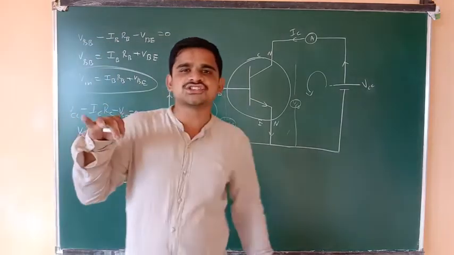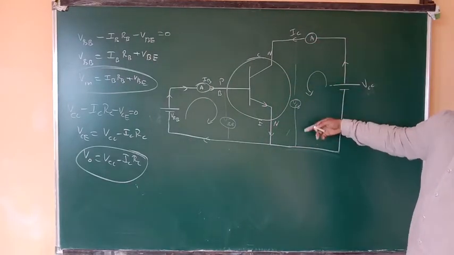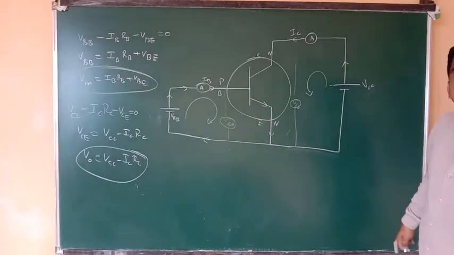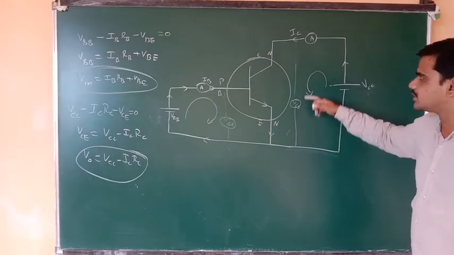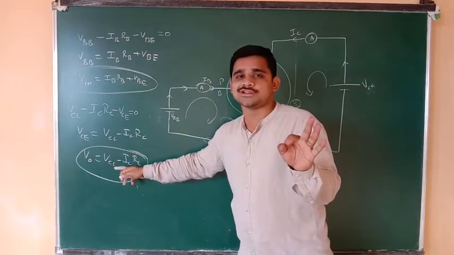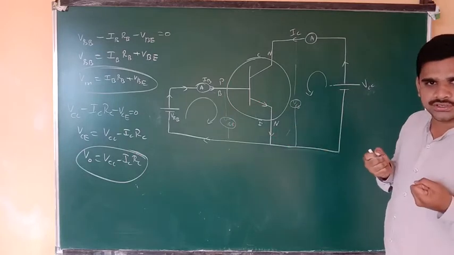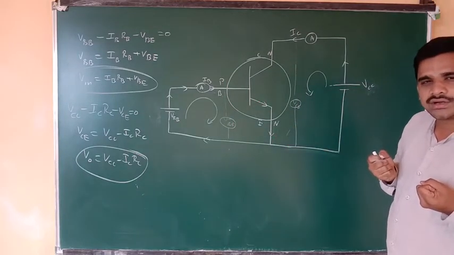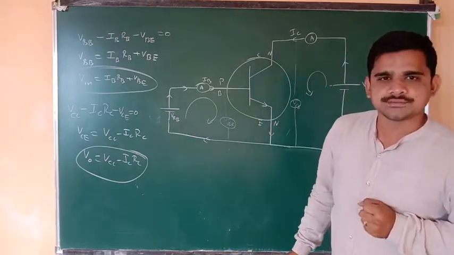Whereas the output is taken between the collector and emitter. In the common emitter configuration, the output should be taken between the collector and emitter. Okay? It means the potential difference between the emitter and collector must be V0. I am not taking VCC as the output here. VCC is a battery which we are giving externally. But we have to take the output, how much output I am getting here. So that's why I am taking this VC as the output. Understood the point here? Right, fine.